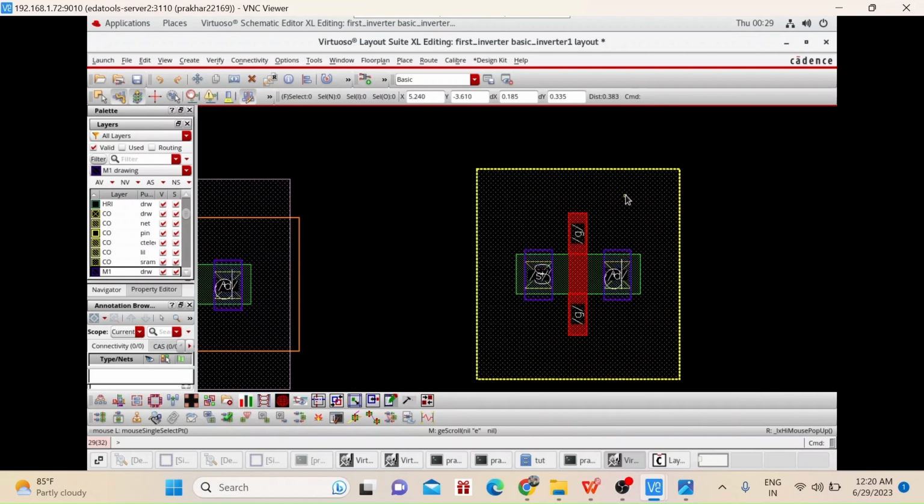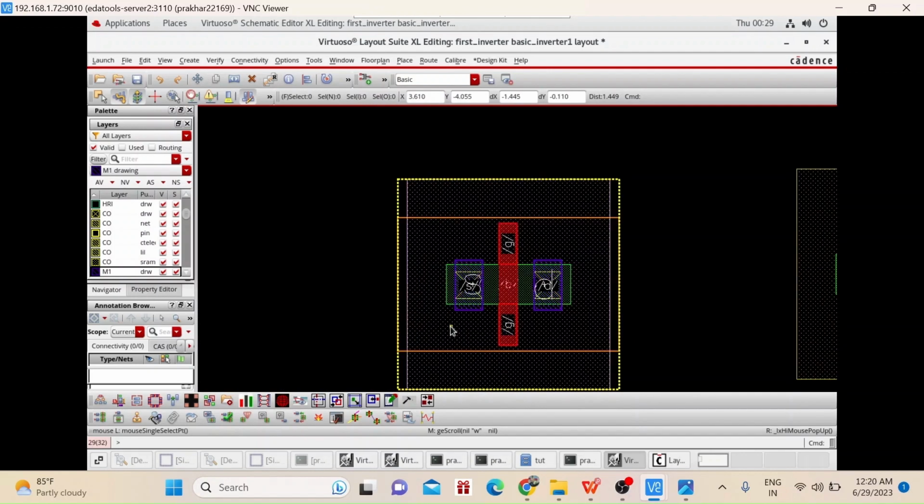Now how will you identify this as NMOS? After doping our diffusion layer with the help of NP layer. NP means we want to dope our diffusion layer with our N plus layer. So this yellow part is your NP layer. So we can identify this as NMOS. Okay. After that we want to create our PMOS. So first we need to create N well or N substrate over P substrate. So over this black region, P substrate region, I want to create my N substrate. So this orange box is nothing but your N well or N substrate.